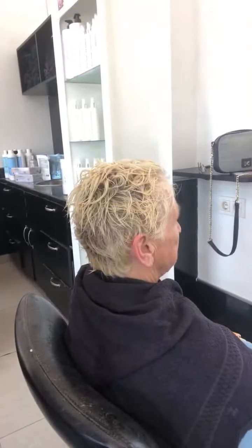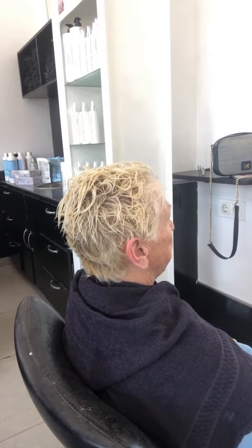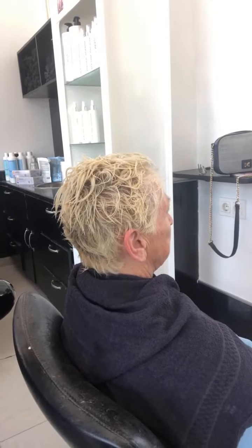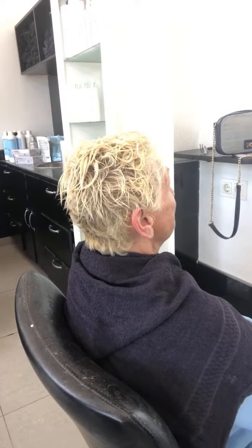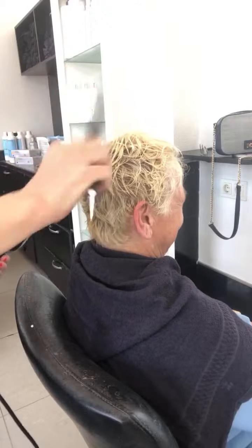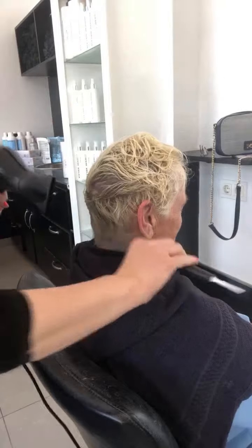So I'm gonna put the camera a little bit here so you can see the back, the way we're gonna blow dry her hair. I'll turn it a little bit like that. Yes, guys, I think you can see it. So put it a little bit high. Put the camera a little bit down so you can see everything. Ready? Yeah, she's ready, guys. I'm ready also. So,